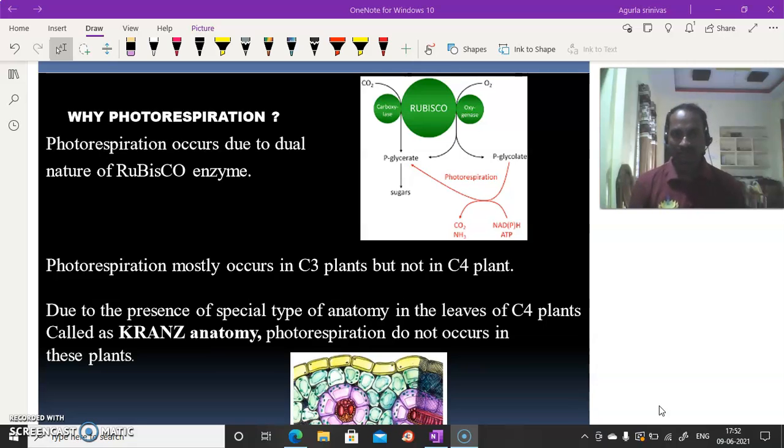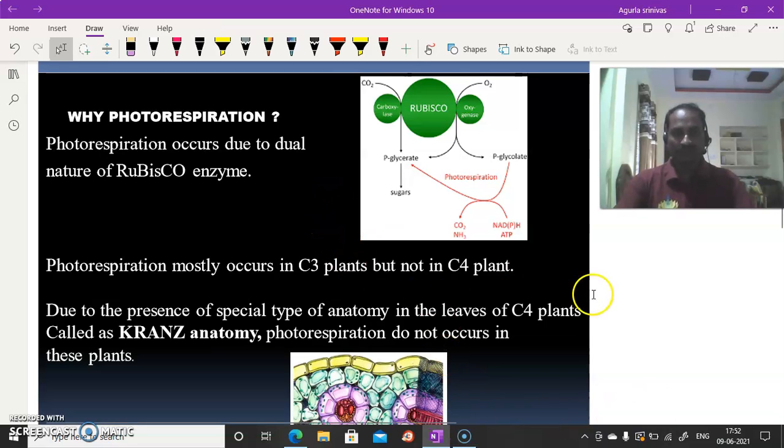In this video we will discuss the whole pathway. Okay, let's dig into the topic. So where does this photosynthesis occur? Until this we have discussed in the previous video. Now where does this photorespiration occur? Photorespiration occurs in three cell organelles. I will show you the diagrams.